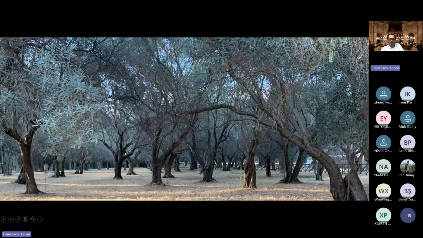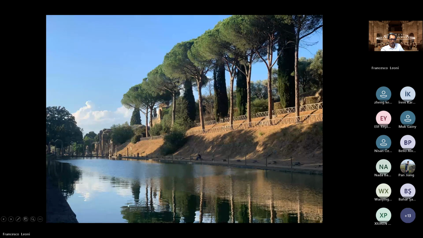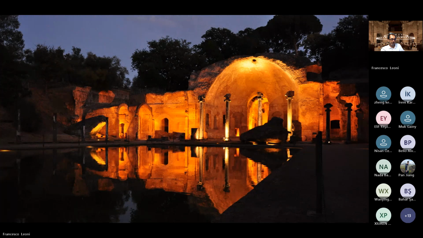Big nymphaeum, olives, trees all over, and again the Pecile, the Canopus water channel. Still the Canopus water channel in a vice versa view during the night with the Serapeum, the big nymphaeum at